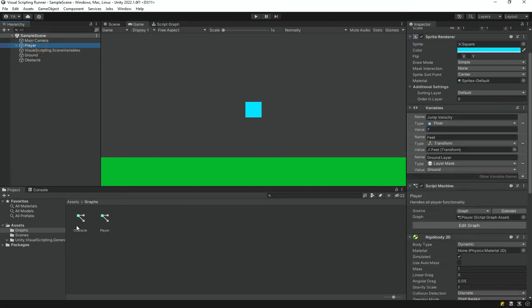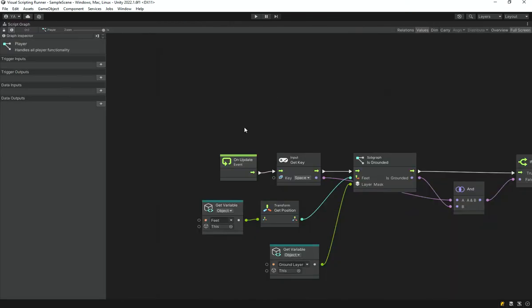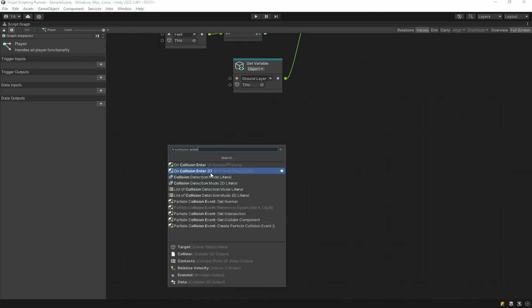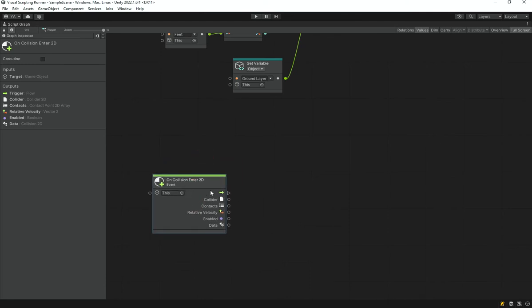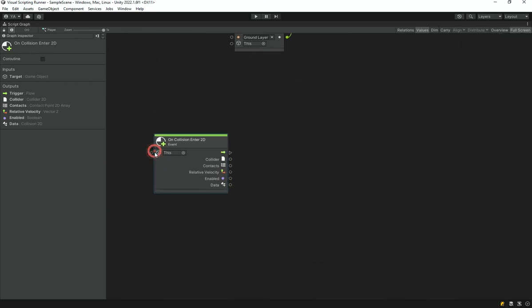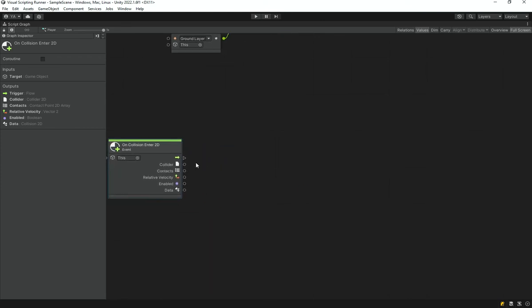If I open up the player graph, you can see that this is what it looks like. I can go down here, right click and add an On Collision Enter. Just search for Collision Enter 2D. Once you have done that, you can see that this has a collider, a list of contacts, a relative velocity, and a lot of stuff that we didn't get normally. What we can do here is say destroy,